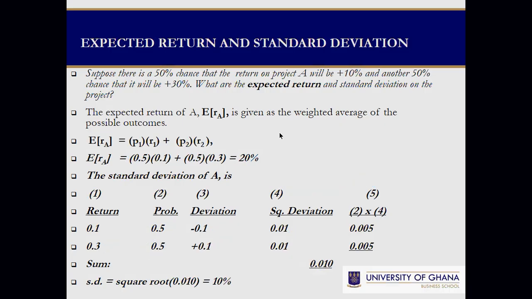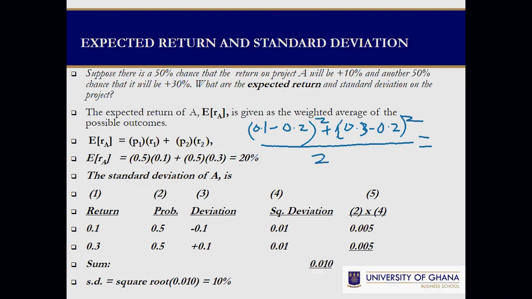So let me do it this way. Basically, it will be (0.1 minus 0.2, which is the mean) squared, plus (0.7 minus 0.2) squared, over n, which is 2, right? So now with this, we are getting